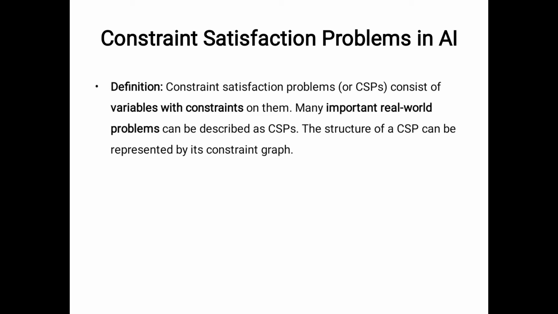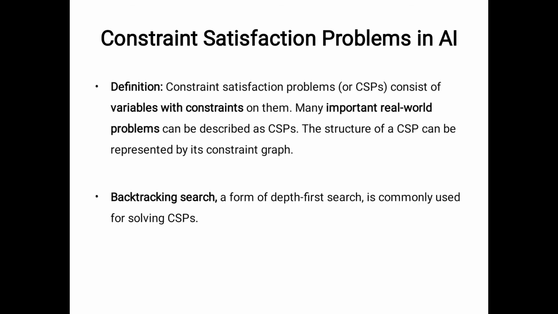The toy problems are solved basically with the help of the brute force technique. Brute force means we find the solution through any number of random chances, but in backtracking, we definitely maintain some format. So in constraint satisfaction problems, we apply the backtracking technique and local searching algorithms. What is the meaning of backtracking? Here we apply depth first search, which is commonly used for solving constraint satisfaction problems. If we find any mistake or any violated constraint, with the help of backtracking we move to another way. No problem here.